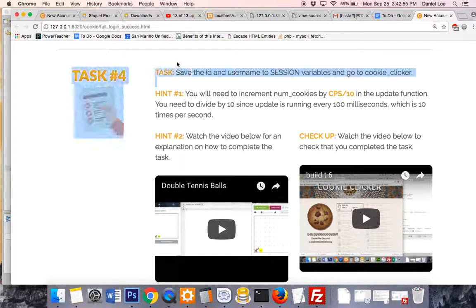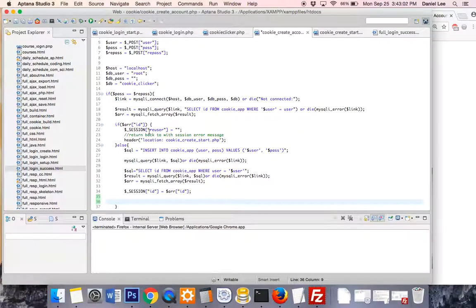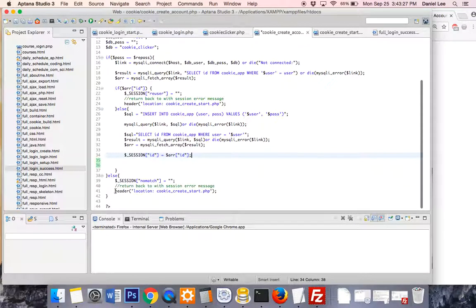Okay, so now we need to save the session ID and username to session variables and go to Cookie Clicker. I kind of jumped the gun in the last video where I did that already. What we did is we fetched the row from the result and saved it in the array variable, and then we set the session ID variable equal to the ID that was in the array, right? So now the last thing we need to do is head on off to